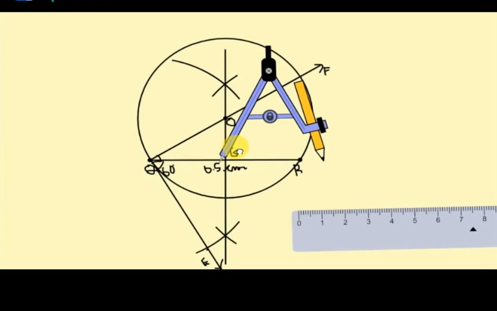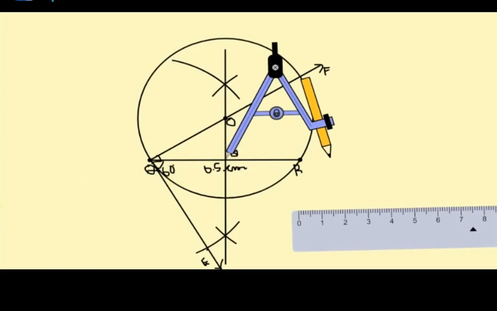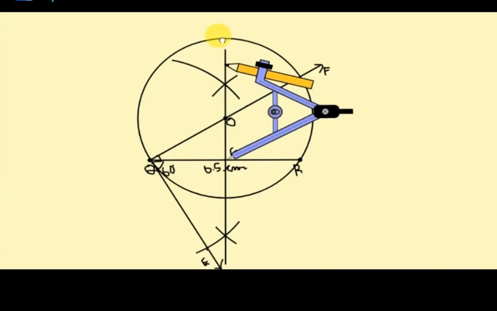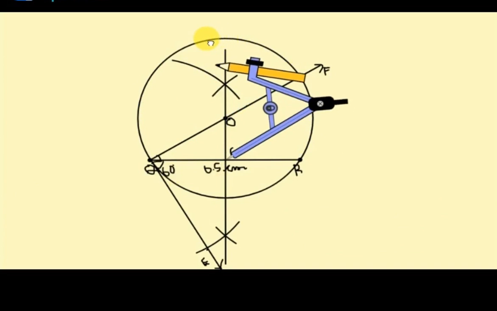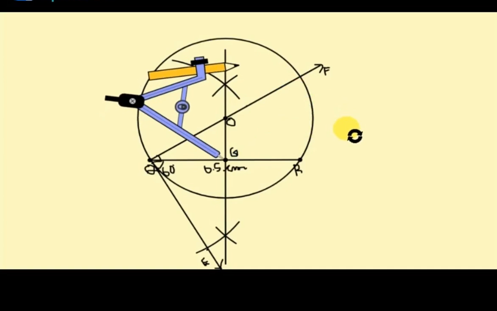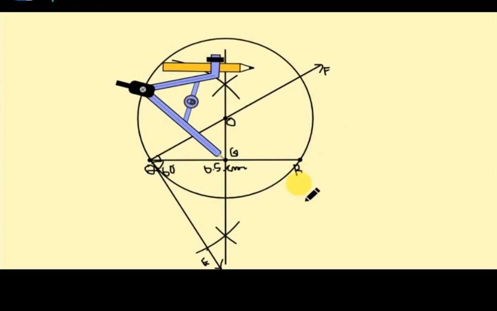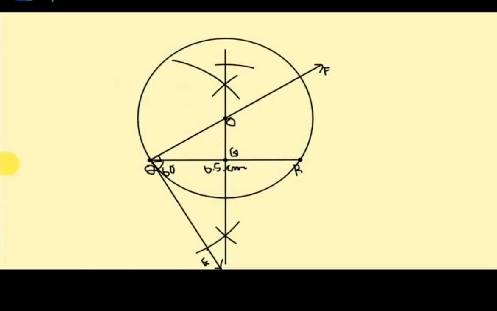Now keep the compass edge on your G point and make an arc on the bisected line, because they have given the length of the altitude as 4.5. So we have to mark it on the bisected line from our G point. Here we want to use a set square to draw 90 degree. So this is our M point.